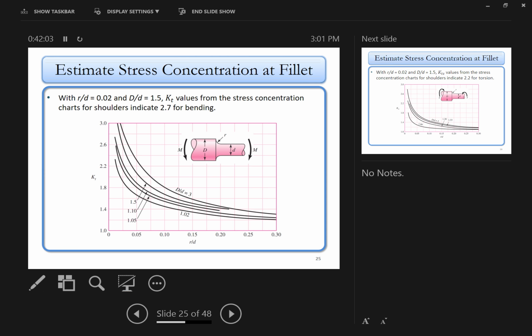Okay. So these are basically design considerations for shafts. There are a few more things that are very specific now. Basically, it's about the stress concentration. Design is very much different from analysis, because when you do analysis, you are given the size, the